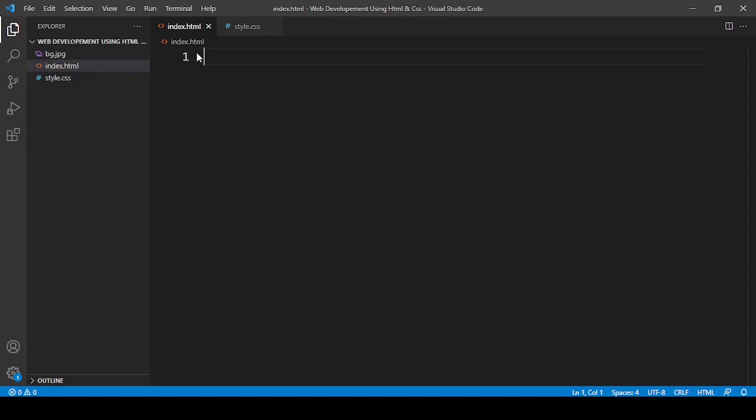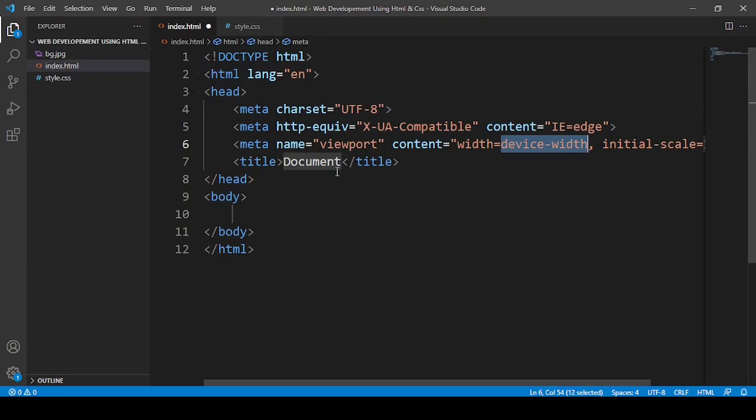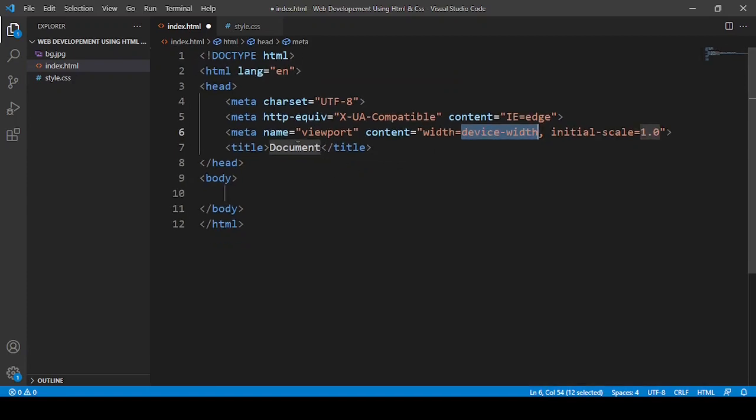So you have to just click on exclamation mark and hit enter. Okay, now we have the very first structure of HTML. First of all I am going to give a title name to my website, that is going to be, let me say, our website,